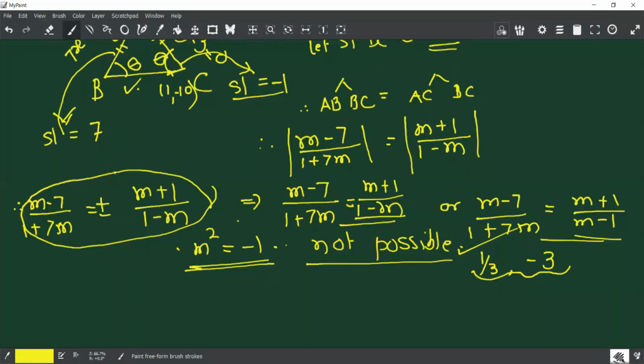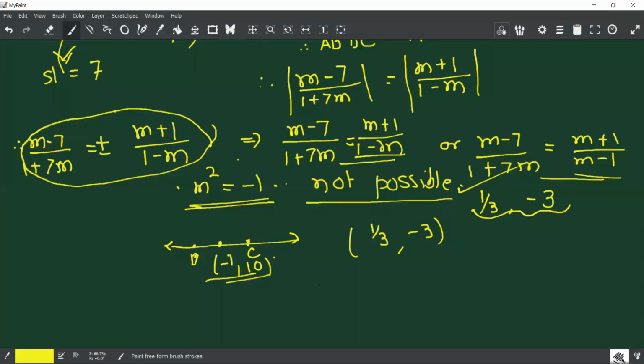So which are the two possible values of the slope of BC? I'm just drawing line BC. Its slope is either 1 by 3 or minus 3. And the line BC passes through this point, x1 y1, and one of the values of m you have to take one at a time. So you will get the point 1 comma minus 10, right? 1 comma minus 10, not minus 1 comma 10. This was the homework sum. I remember this. So y plus 10 is equal to 1 by 3 into x minus 1 is the first answer, or the second one would be minus 3 into x minus 1.